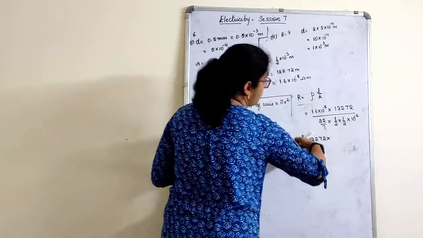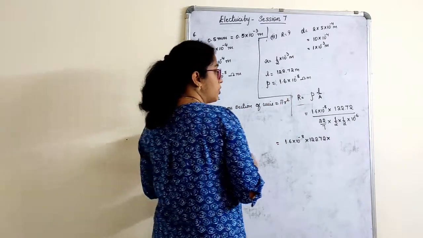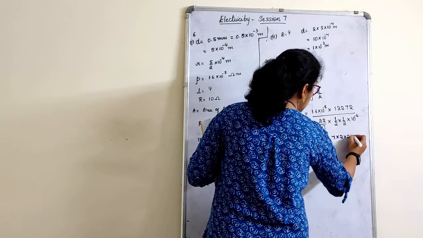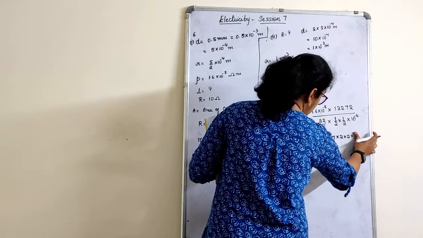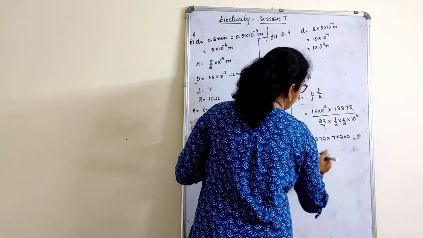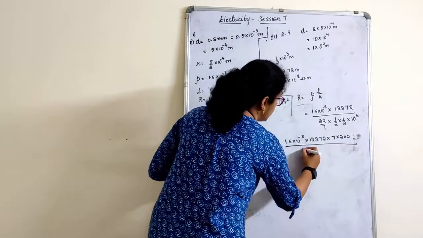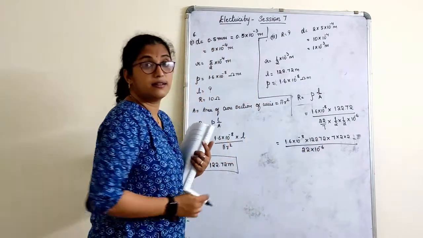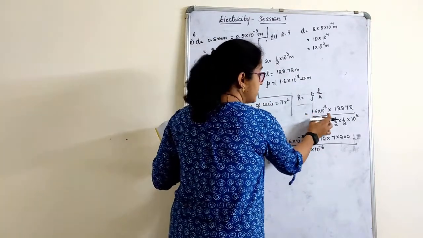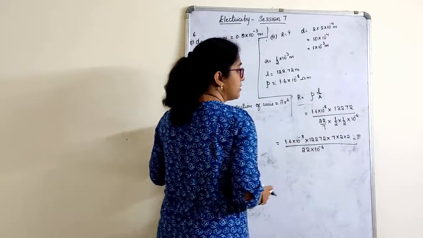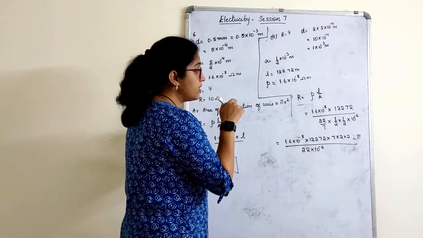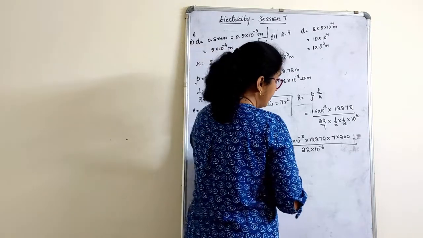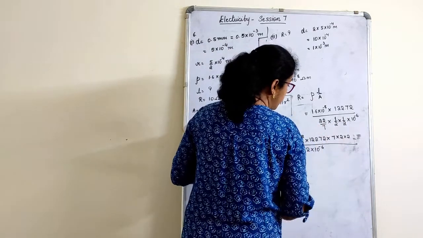7 into whole reciprocal, when it comes on top, what you will have? You will have 7 into 2 into 2 into 10 raised to... Sorry, that's all. Whole divided by 22 into 10 raised to minus 6. Correct? See, what I did was, I kept this as this. This part I took a reciprocal, which I got 7 into 2 into 2 in the numerator, and in the denominator I had it as 22 into 10 raised to 6.